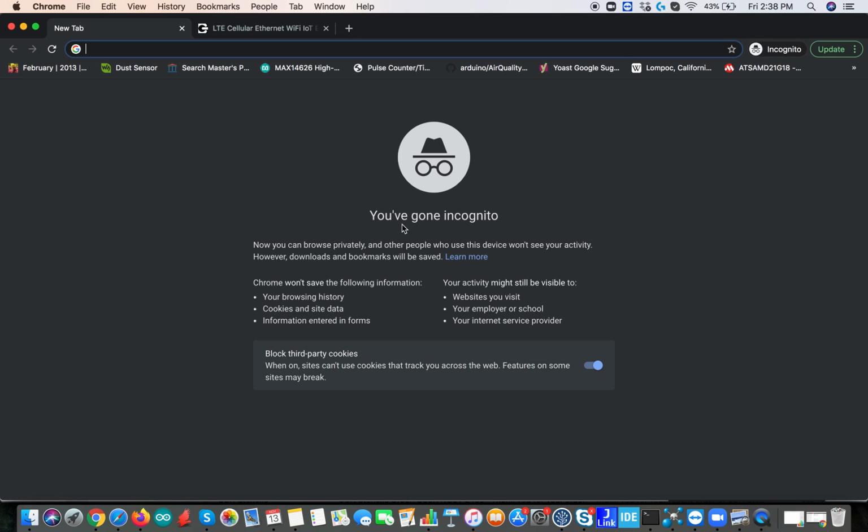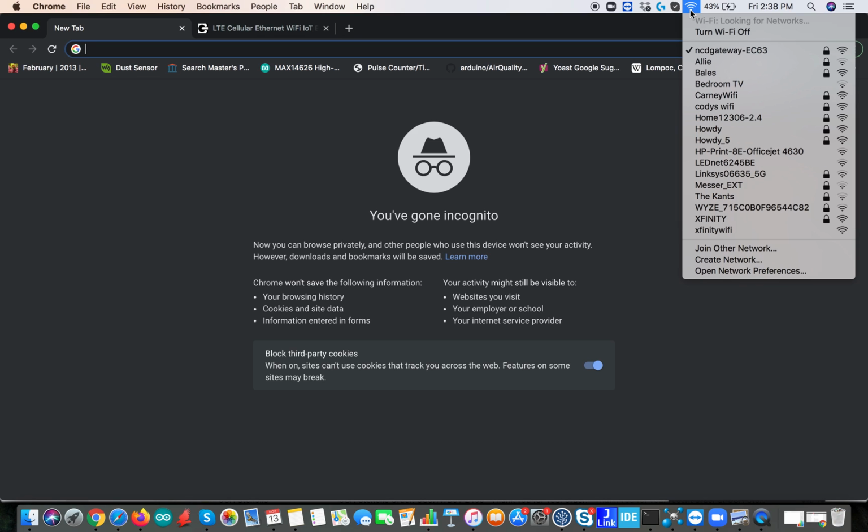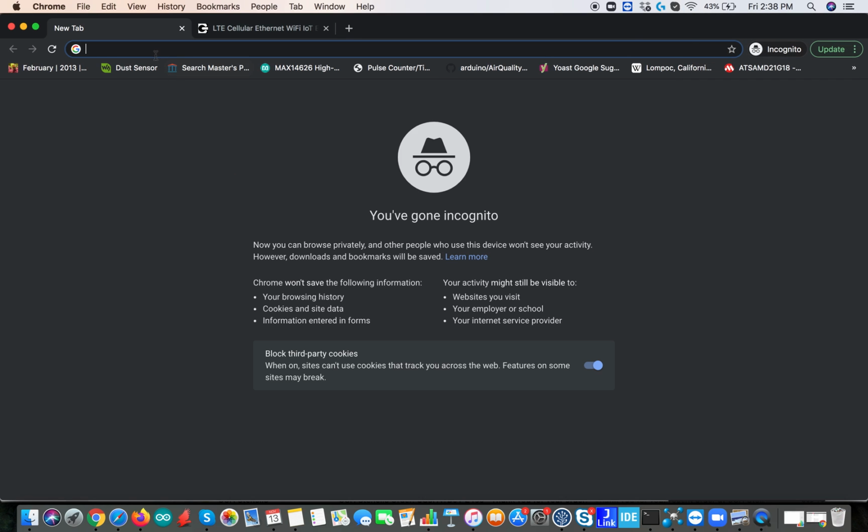Once the gateway is powered up, it will come up as a soft AP and you can connect using your computer. The name will look like NCD gateway and then the 4-digit MAC address of the gateway. The password of the soft AP is NCD gateway. I already have it connected, so I'm just going to go to the soft AP. Once it's connected to the soft AP, go to